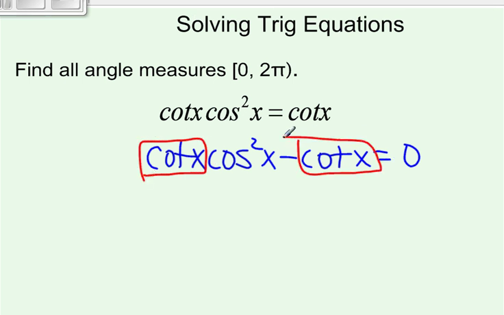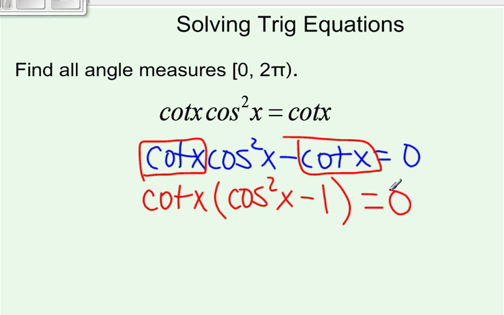So I'm going to take out a GCF or factor out the cotangent of x. So I get cotangent of x, and when I divide cosine squared of x by cotangent, I get cosine squared of x, and cotangent divided by cotangent is 1